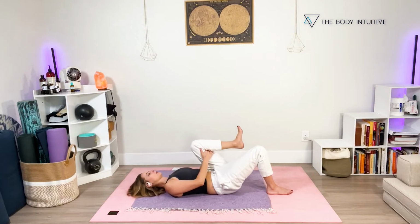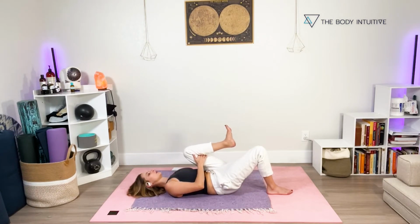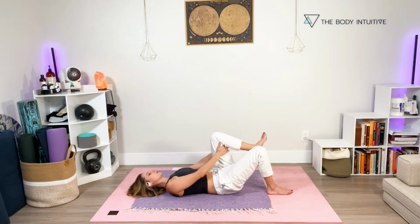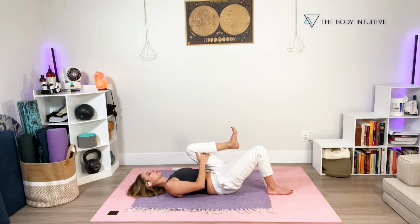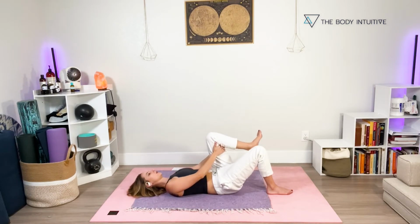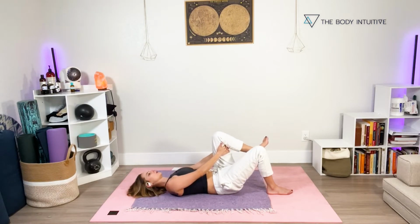And exhale, draw the knee in. You actually might like the breath pattern differently. So there's not necessarily a bad or wrong way to do it. It's just the way that feels best for you. Typically, we contract on exhales and expand on inhales, but that doesn't have to be the recipe. But just for the sake of simplicity today, let's try exhaling the knee in towards the chest and then inhaling as we lengthen it out. Beautiful. Take 2 more just like this, helping to warm up the hips, the low back for your figure 4